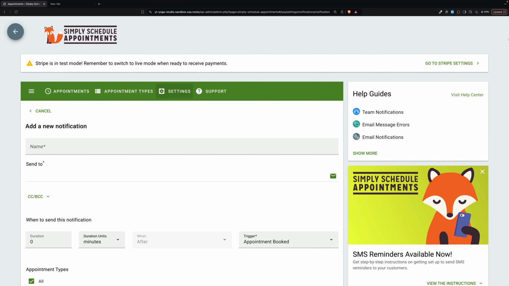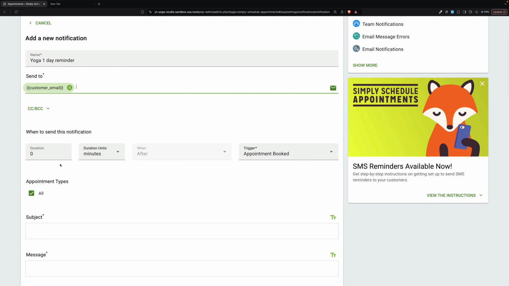The first thing we're going to do is give the notification a name. And this is for internal use only. So name it anything you want, something you'll recognize and understand. We're going to create a yoga 1-day reminder. Then we're going to send it to the customer email because we're letting them know, hey, tomorrow you have yoga. So we want to send this